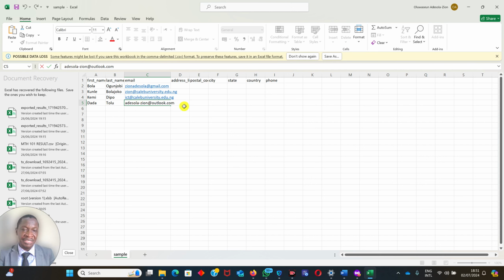outlook.com. Now, all of these emails you see me added here, they are all valid. You must not, for any reason, add emails that are not valid. So you can collect from your friends for this your practical work. We are only trying to see how we create an email marketing list. Of course, I will also show you how you can collect details of your subscribers, of people who are visiting your site at the front end. We will also do that, but we are looking at how to collect details of people that will be on your list.